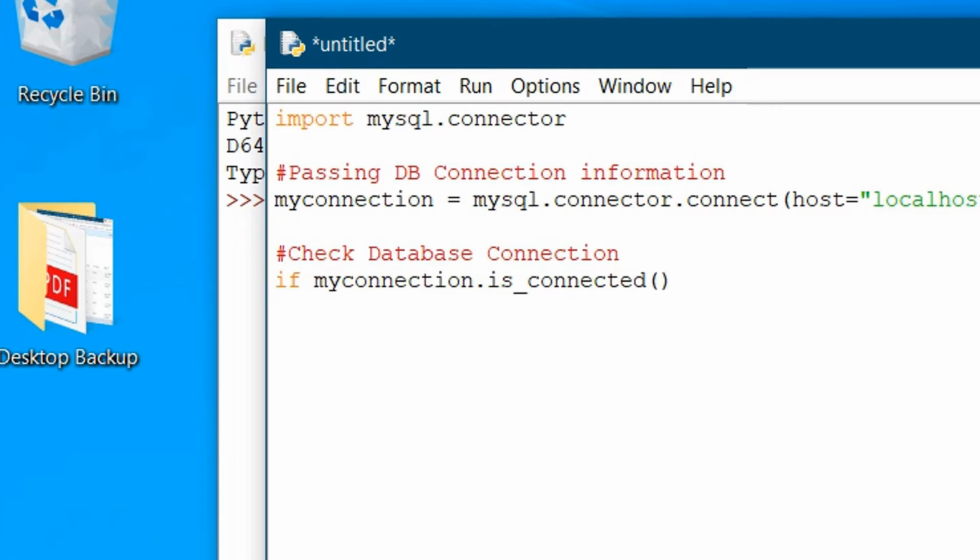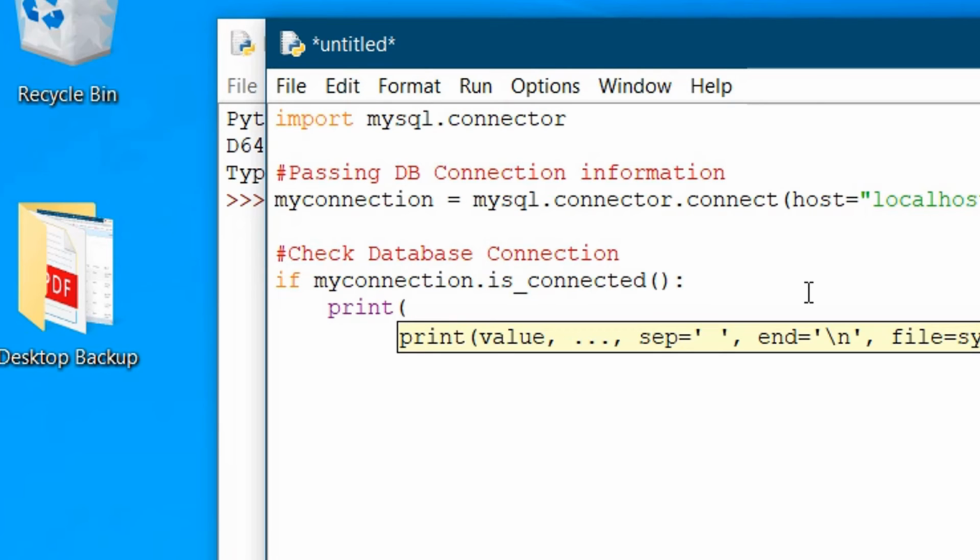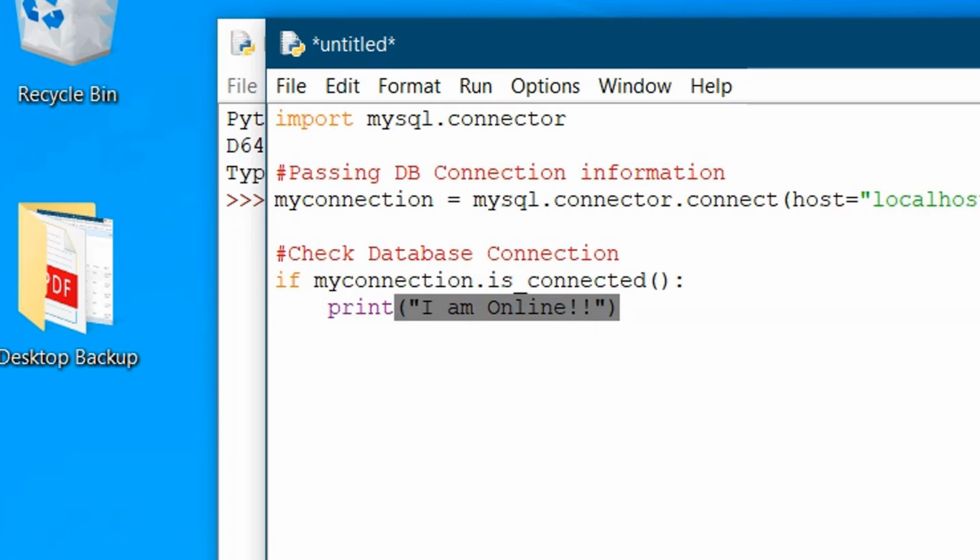Okay. Now colon, press enter, print. If the condition is satisfied, then it returns true. I am giving the true statement: I am online. Bracket close, and I need to give the else part. Press enter.